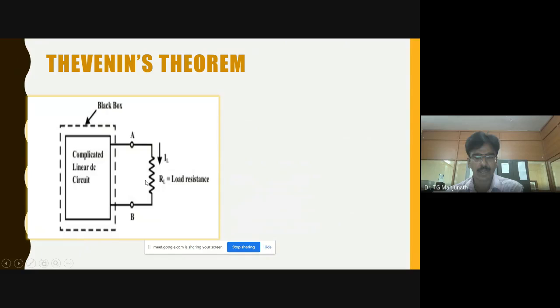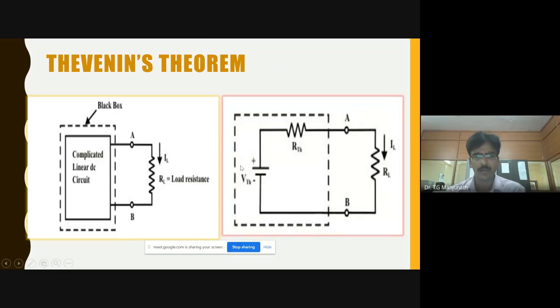So if you are finding current through some resistance, that is considered as load resistance, or if you are finding voltage in some particular branch or a resistance, that is considered as load resistance. Now this network, the rest of the network, what we have shown here as a black box, is converted into a single voltage source in series with a resistance using Thevenin's theorem. This single voltage source is called Thevenin's equivalent voltage source, and the resistance which is connected in series we call it